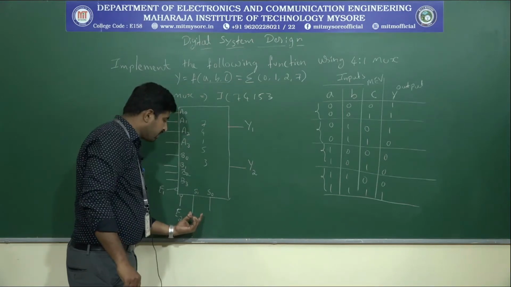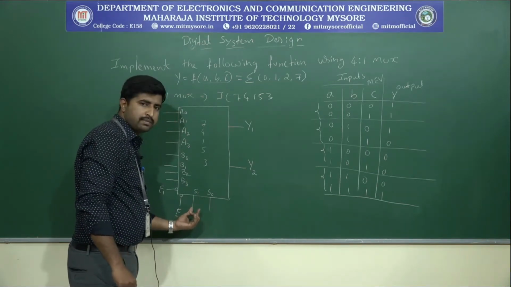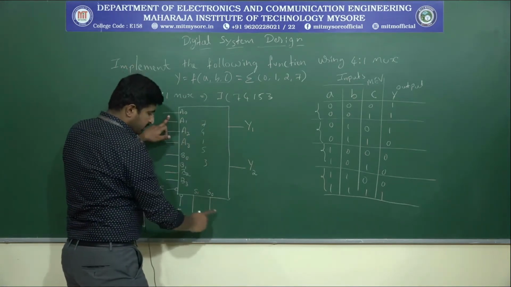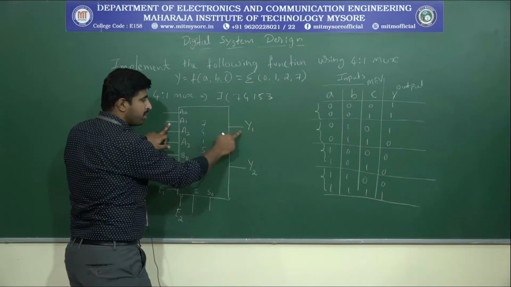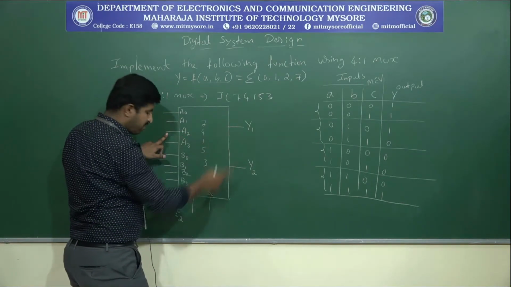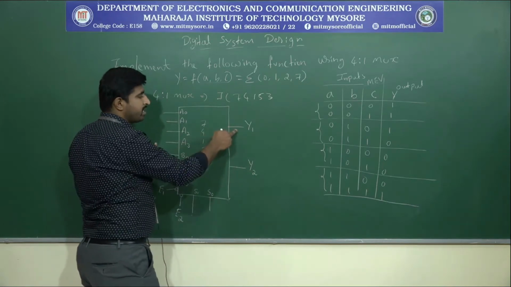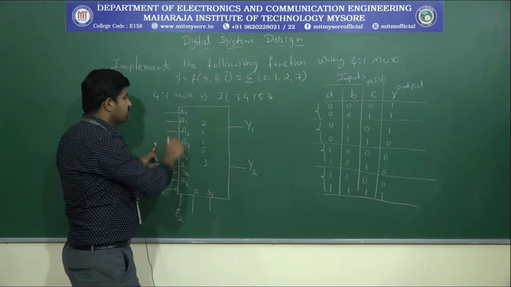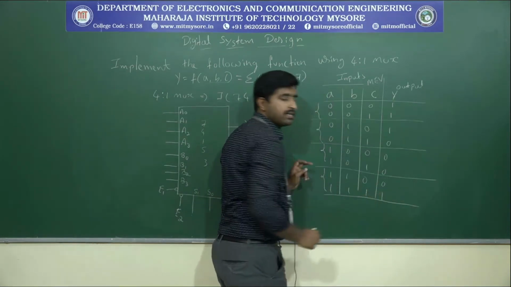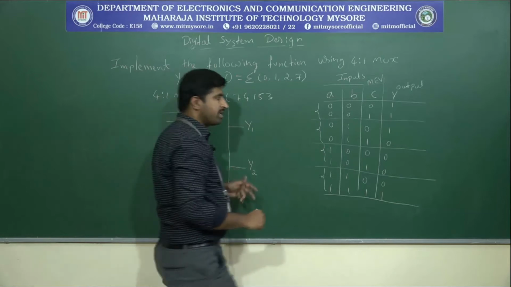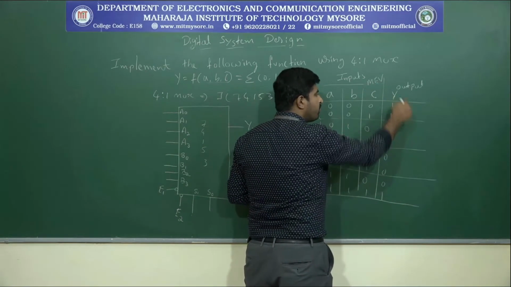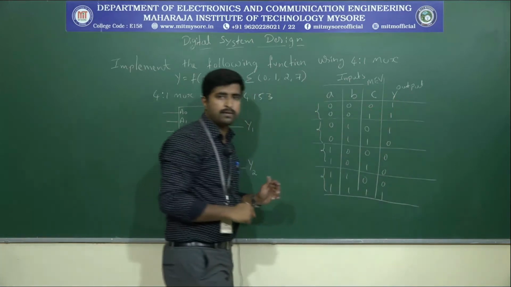Okay. So we know that according to the select lines A and B, that means S1, S0 of 0, 0, A0 will be connected to the Y1. So that means 1, 0, 1. A1 will be connected to the Y1, and there is a 1, 0. A2 will be connected to the Y1, and 1, 1, A3 will be connected to the Y1. Okay. So now we have only the 4 combinations, but we need to represent 8 combinations, right? For that only, we are going to have the map entered variable where the output will be represented in terms of the C.